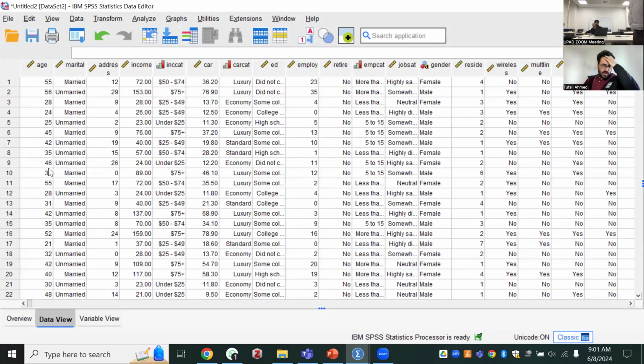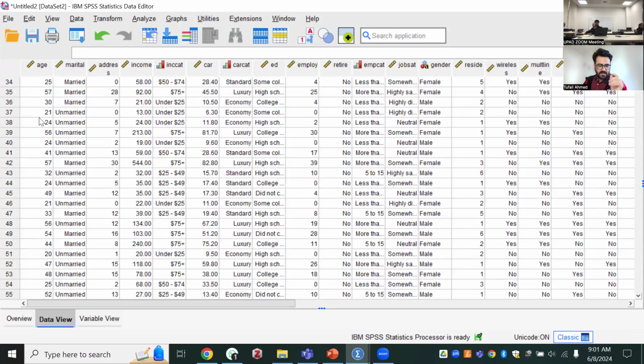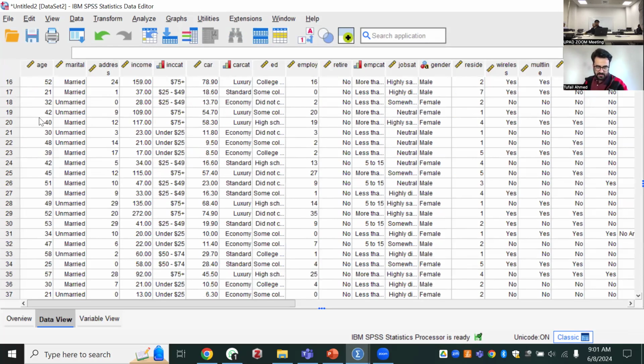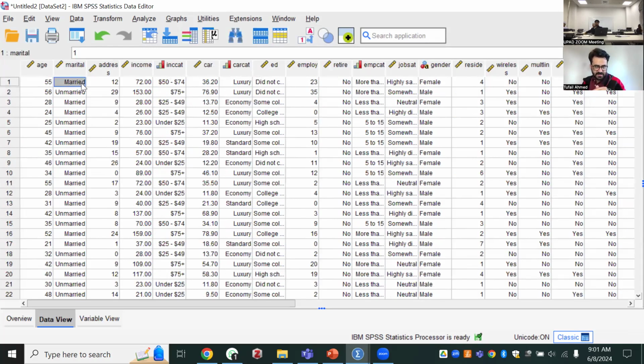For example, I showed them the data view. This is the data which we have once we have the data collected from the respondent. We have a questionnaire, we go to a person, and then we ask them, let's say, their age category, their marital status, and this is the data view. And the top row shows the names of the variables. And this one is the data which I collected from a person. You see it's married and unmarried. We will do it practically also for our data set.